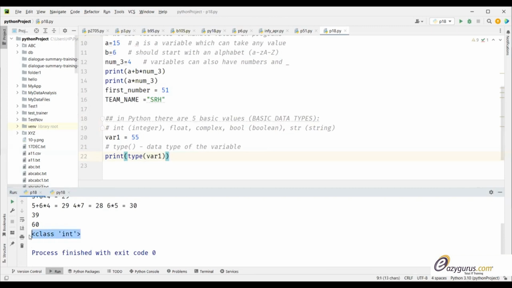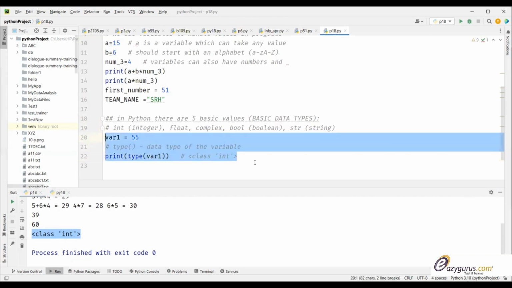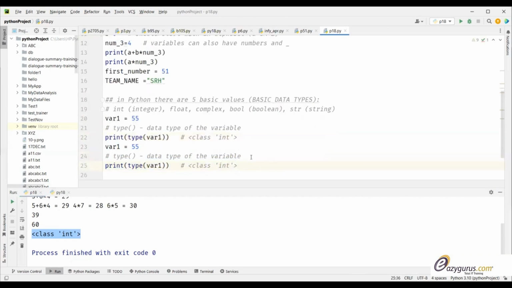Everything in Python is treated as class and object. So for now, assume class as a type. It is too early to talk about class, we'll talk about it later. For now, assume that class is like a group, a group called integer, a group called float. Similarly, if I now run this with var1 as 55.0,